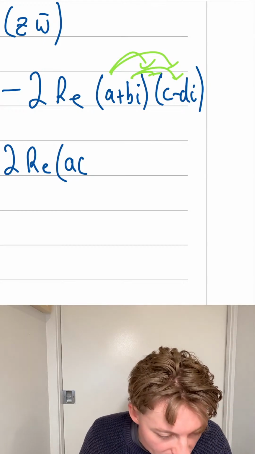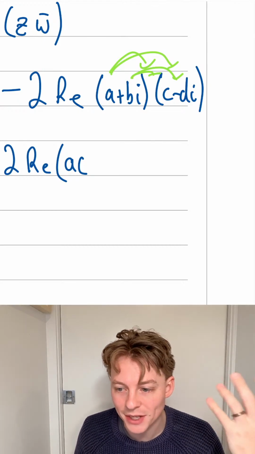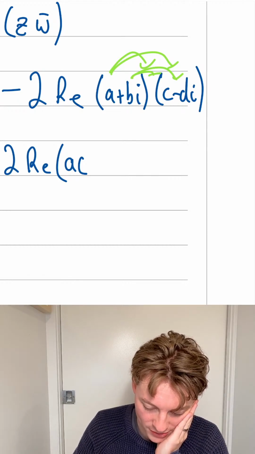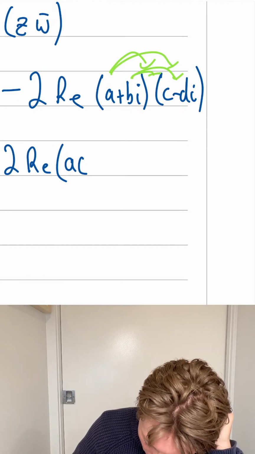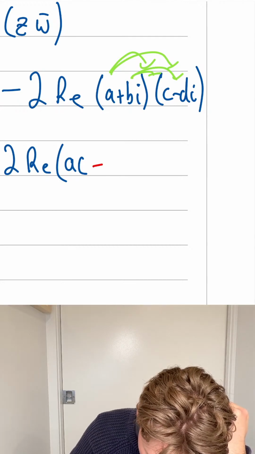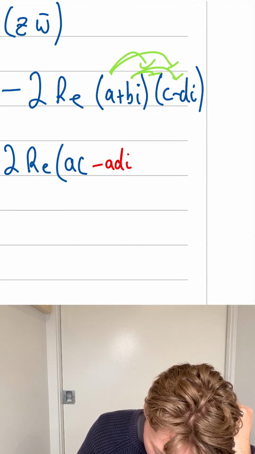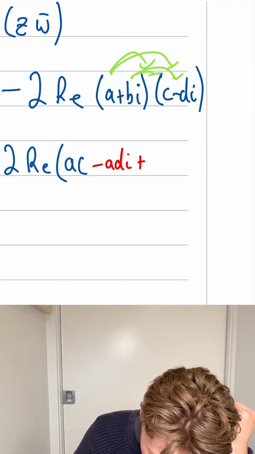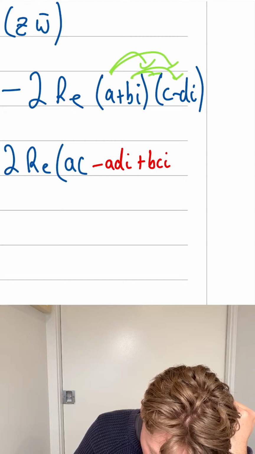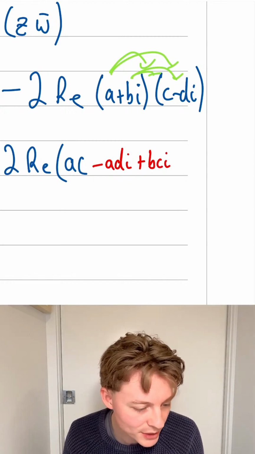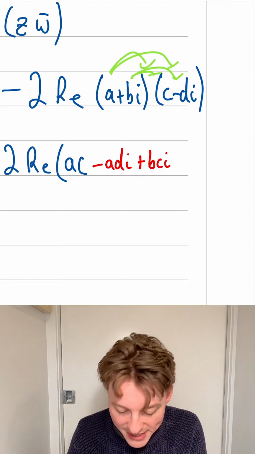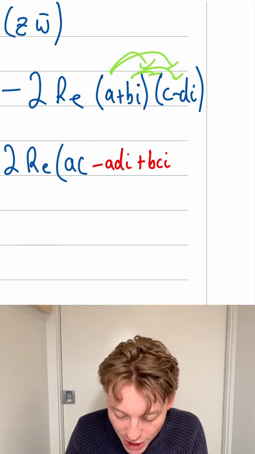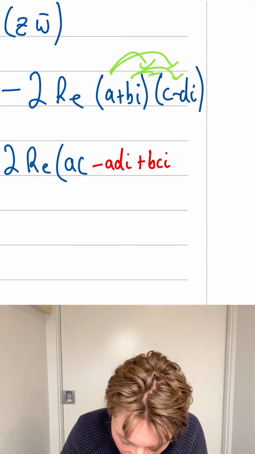It's an imaginary part. We're not really looking at the imaginary parts. I'm going to write it just for the sake of putting it in, in red though. So I get A times minus DI, so negative A multiplied by DI. I get BI times C, which gives plus BCI. Again, it's red because in this case we don't need it, but we should expand out and do things properly. And then I'm going to do BI times negative DI, which is going to give minus